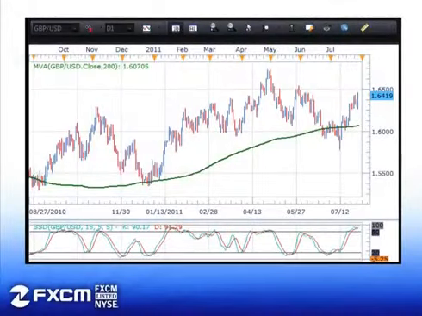So I'm going to look at this a little bit differently, but from my perspective, when I get conflicting signals, because on this chart and on the Euro-USD chart before it, I can make a good argument for price action to move up. I can make a good argument for price action to move down.